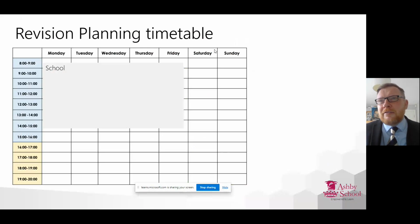Now, one thing I really think that parents can help with is in terms of revision planning. Students find this hard. Lots of students either say, right, I'm going to revise every night, all night, 5 hours, and they're just unrealistic. After a couple of days, they don't stick to it and it's in the bin, or they'll underplay things, or they'll look to revise just their favorite subjects they're already good at. So it's something that perhaps parents can get involved with, helping students to plan and therefore make a really effective